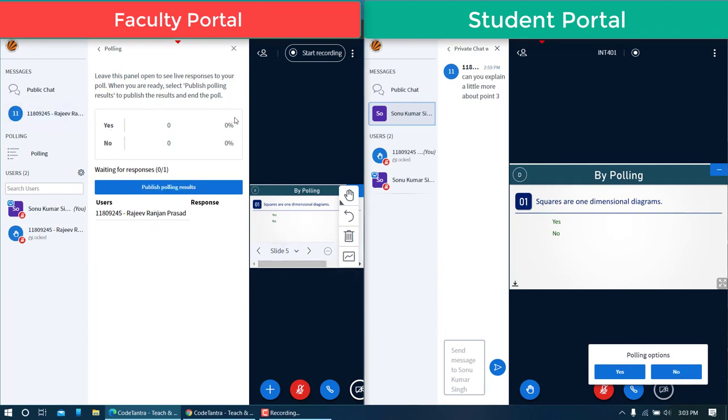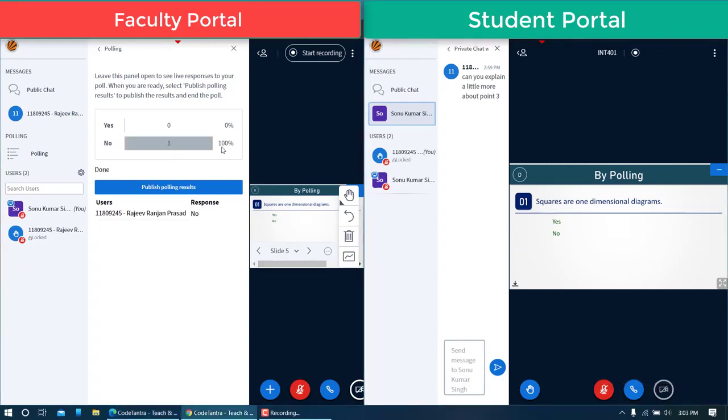And at that point of time, you can see none of the students has participated and there is only one user in this particular list and the teacher is waiting for only one response. And these are the users who haven't responded. So under the response, you can see this is blank. So let us say I'm going to select this no option. You can see the count gets updated in the teacher account and in front of the username the teacher gets a response.